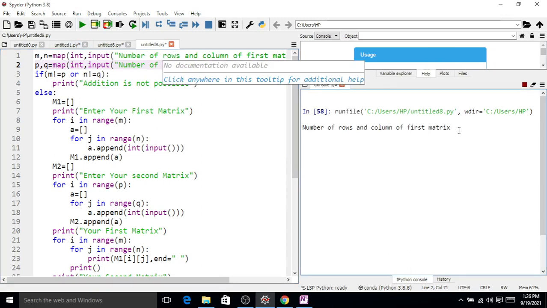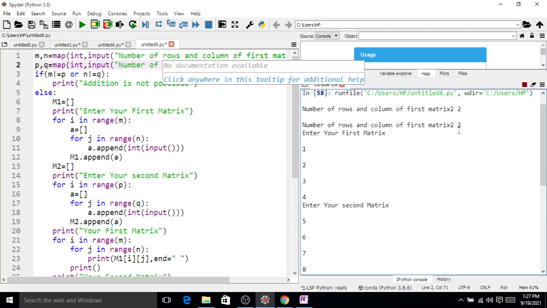now enter number of rows and columns of first matrix, say 2 by 2, number of rows and columns of second matrix, say 2 by 2. If we enter the first matrix 1 2 3 4, enter the second matrix, say 5 6 7 8.